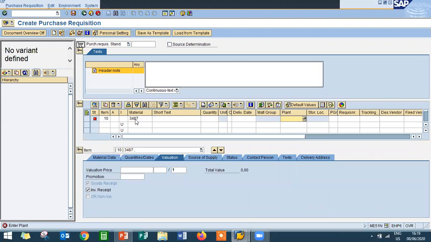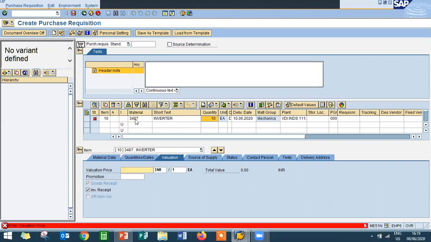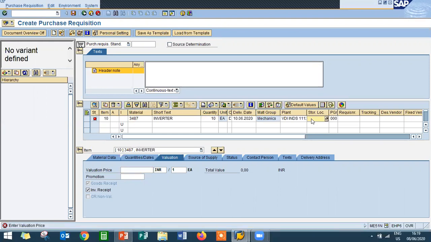Enter the plant, enter quantity 10, enter storage location, enter valuation price. This is not the confirmed price, this is just a dummy price.